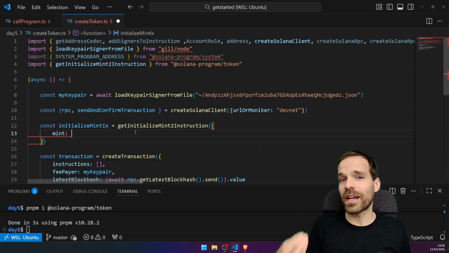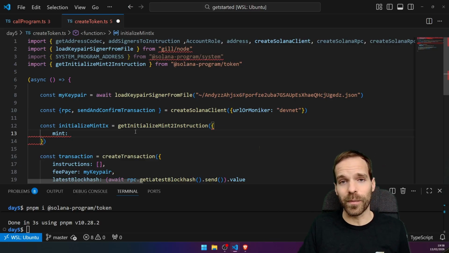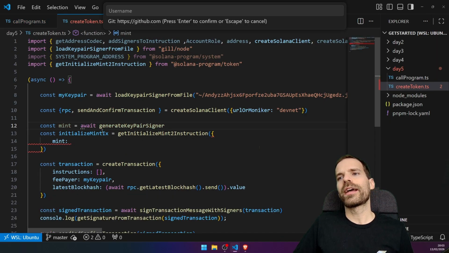Remember, we said every account is owned by the system program per default, so the token program first needs to get something from the system program. It could do that through CPI, but the way they implemented the token program is that this instruction already expects an account to be created for the token program as the mint, because that makes it more flexible as well. So we want to generate